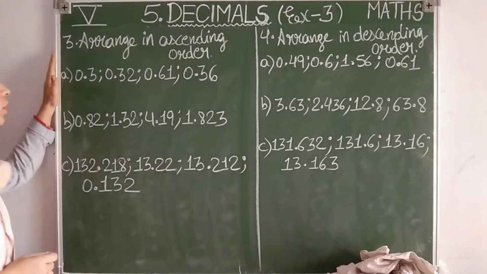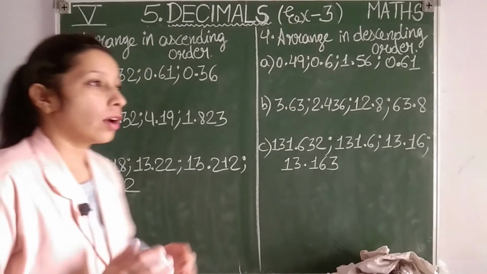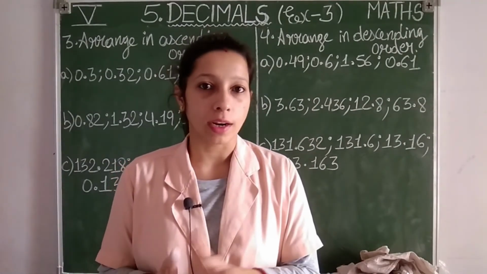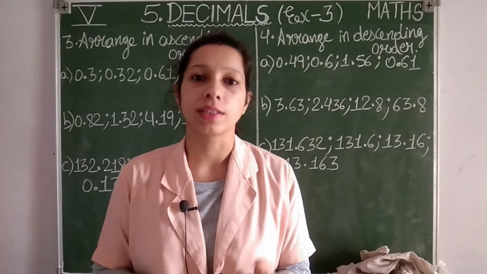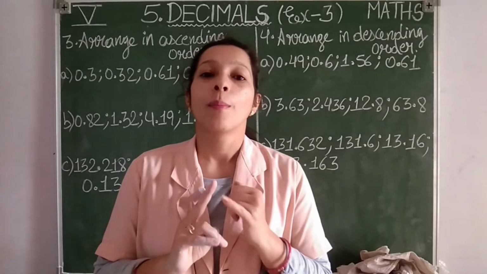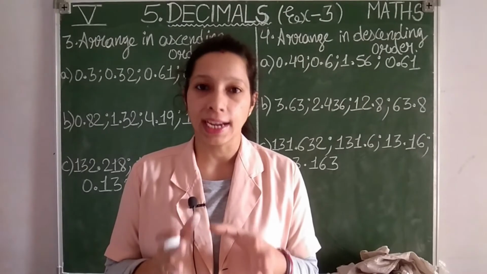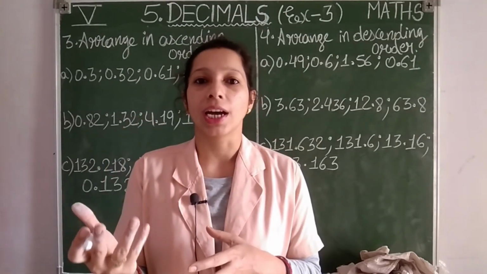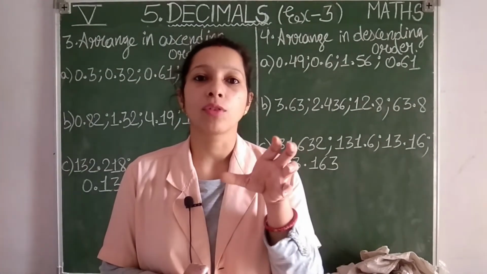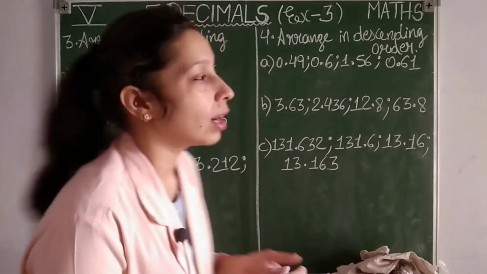So students, question number 3 is arrange the decimal numbers in ascending order. Okay students, now again listen very carefully. Here you are asked to arrange decimal numbers into ascending order, not the normal numbers but decimal numbers. Decimal numbers also you can arrange in ascending or descending order, students. But the first step is to convert the given decimal numbers into like decimals. You can't simply judge which one is greater and which one is smaller. What you have to do is convert the decimal numbers into like decimals. Just now we have cleared how to convert it into like decimals.